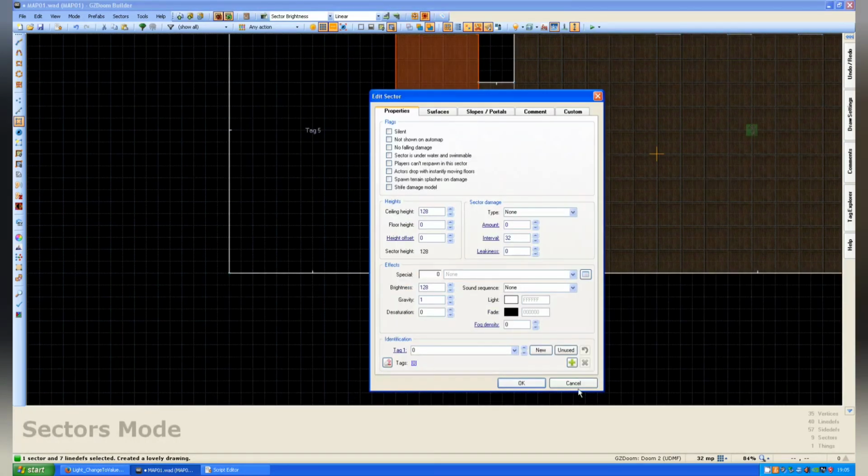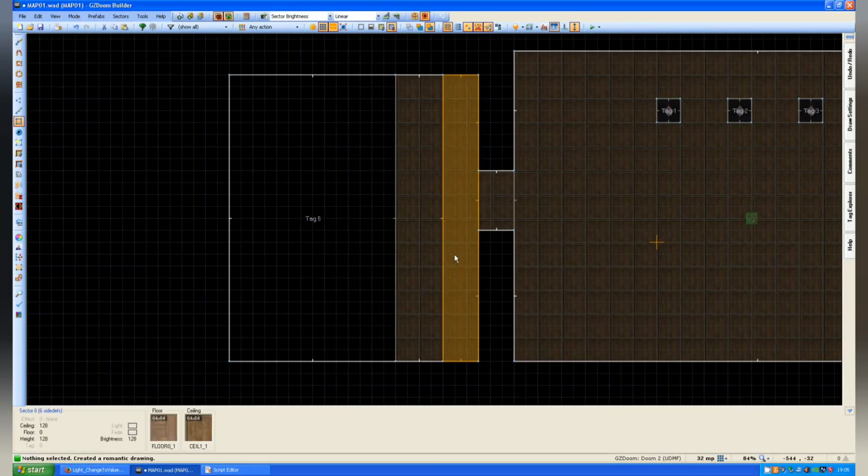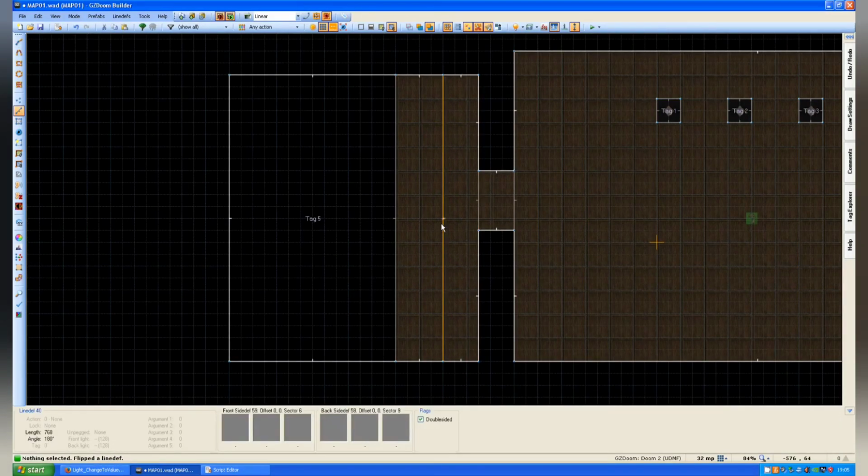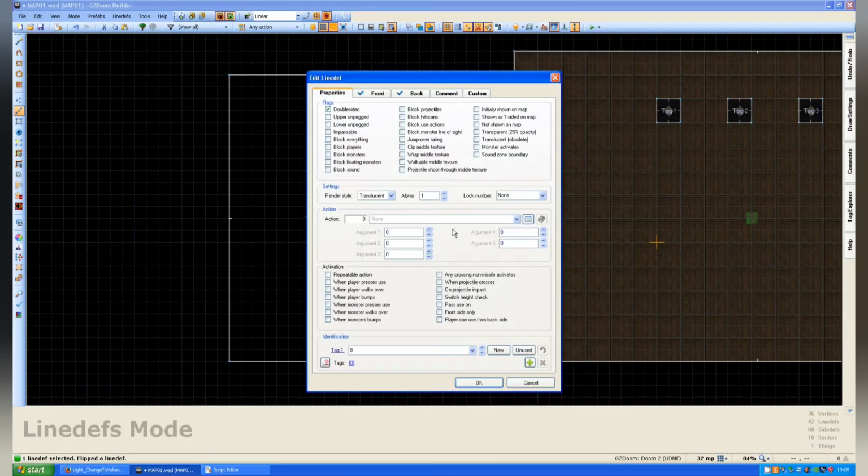So, I've got this line here. I'm going to right click, go to properties. Now, any scripts that won't run when you initially start the game, you need to assign them to an action. This could range from hitting a switch, player walking over, a monster walking over, or projectile impact. In this instance, we're going to keep it nice and simple, and have it when the player walks over. So first thing we want to do is, in our action, click on browse action,